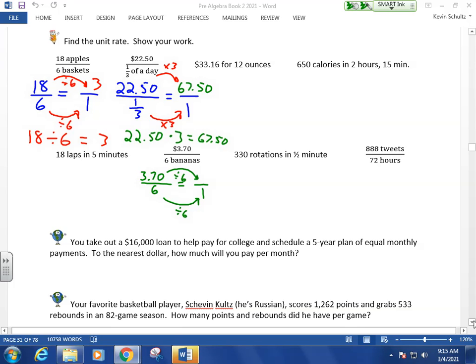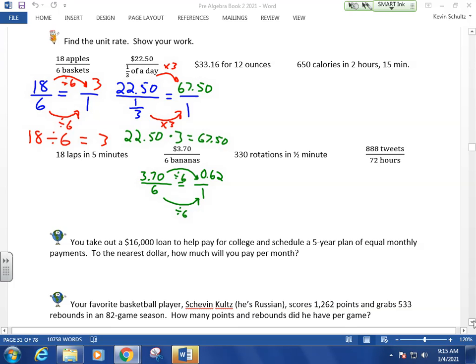0.61? Is that, do I have a second on that? 0.62, depending on how you round. Okay? So rounding to the nearest hundredth, which we would do since we're talking about dollars and cents here, would be 62 cents per banana. Okay? So you've got those to finish there, those 4 remaining,